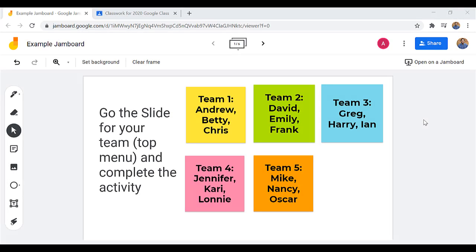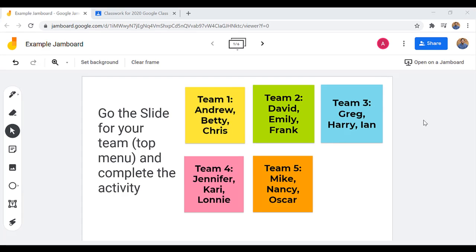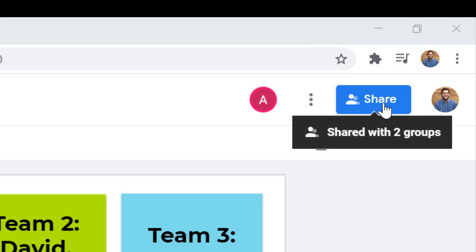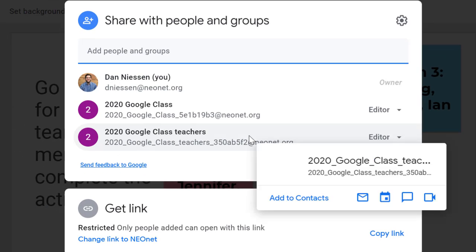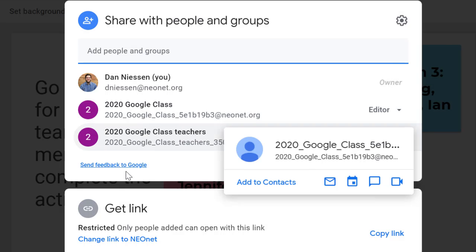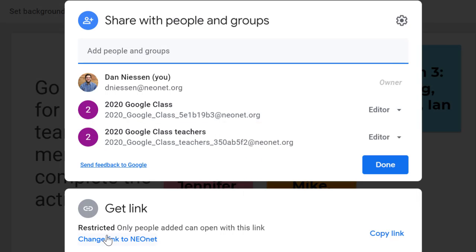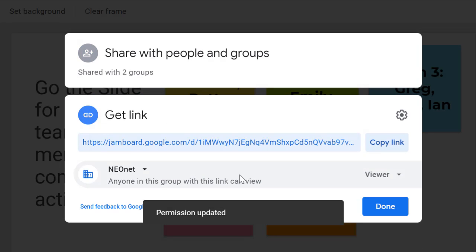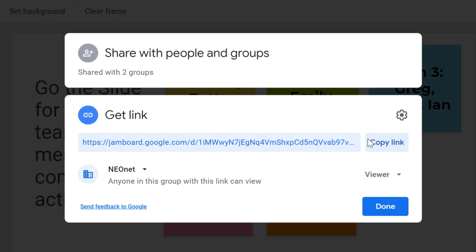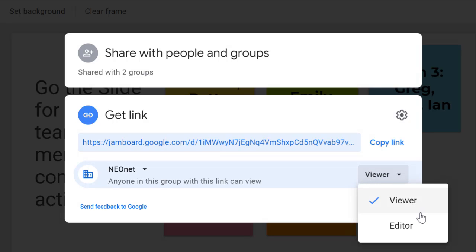Now, if you're not using Google Classroom, you can also share a Jamboard with your students or other people through the regular sharing settings. So if we just go up to our share button up in the top right, we'll be able to do our sharing settings just like we do for any other Google thing. If we go down to the bottom section and click on the blue part that says change link to your organization, of course we can change it to anybody in our organization can come in here and either view or